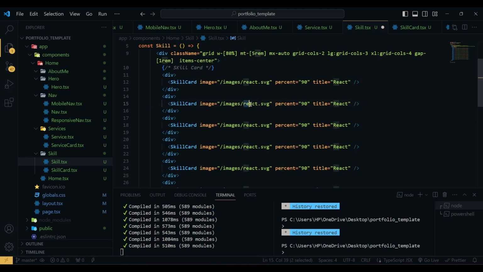So first one is React, then we have CSS, so title will be CSS 95, then we have JS, title will be JavaScript, then we have TS, TypeScript,